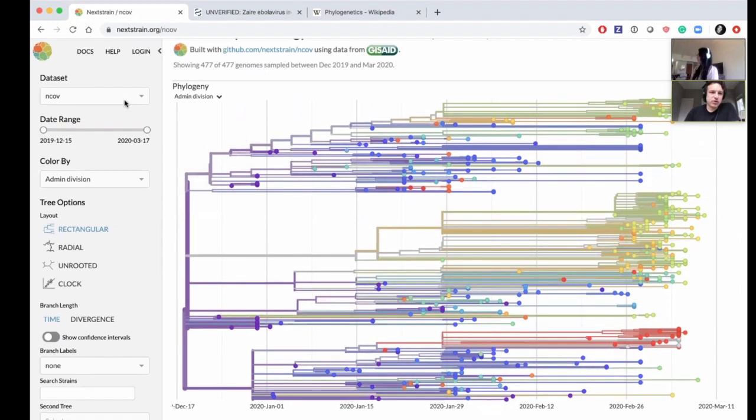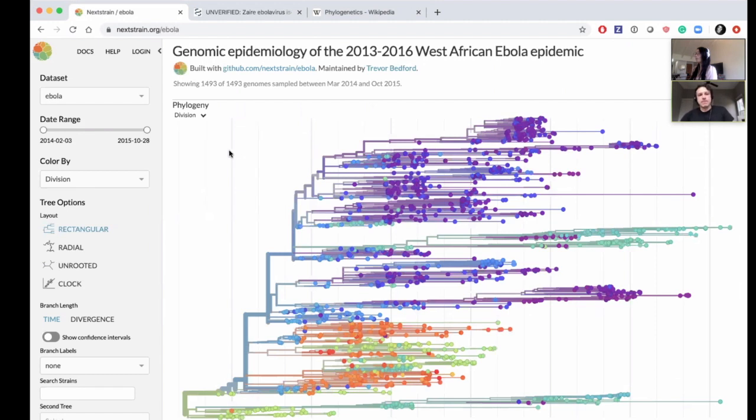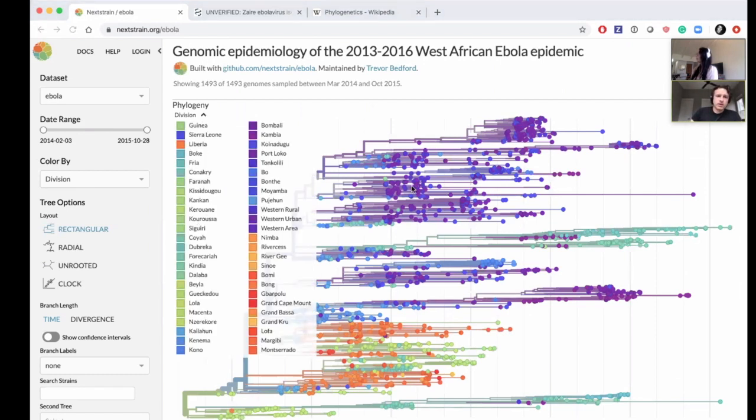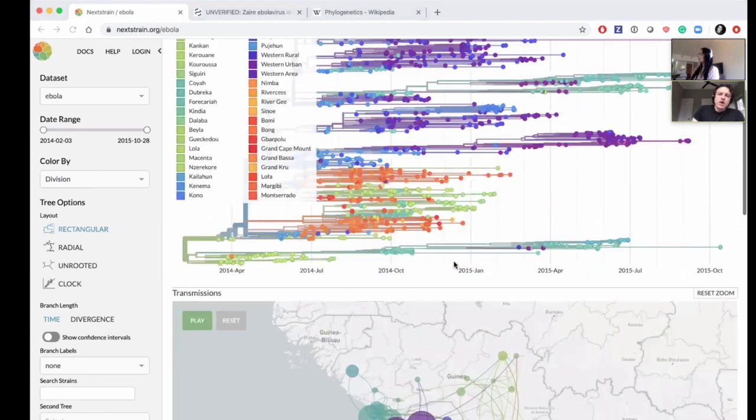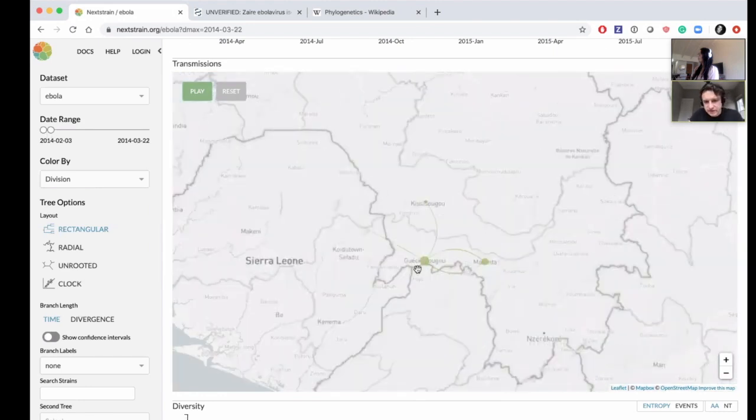What I'm going to do here is flip back to Ebola, just to show a different tree. Kind of a different story here. In this case, let me scroll down here. So if we scroll back, this is the 2015 Ebola outbreak. If we scroll back all the way to the beginning, we can see that we can trace it back to